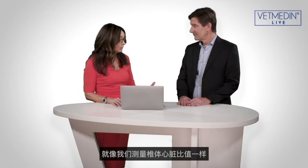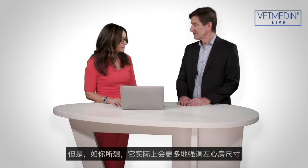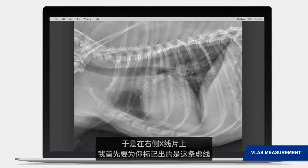Yeah, so the vertebral left atrial size is a new parameter. It's also taken from the right lateral radiograph, like we do the vertebral heart size. But it actually is going to emphasize more left atrial size, as you might imagine. So I'm going to show you how I go through and identify the landmarks and measure that. Oh, great. So a right lateral radiograph,